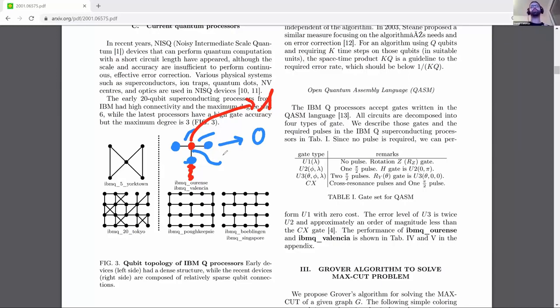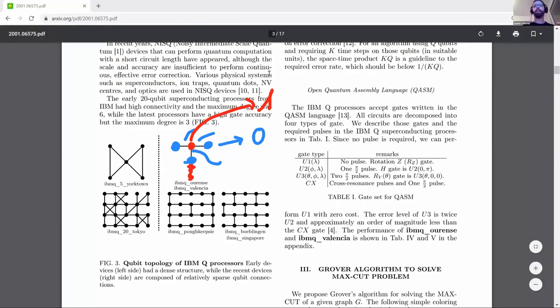The idea of Grover's algorithm is that you can actually try to solve such problems if you have a smart way to encode the problem into your Oracle function, right? And what this paper proposes here, and I'm really not going to dive into this more than that, is just to show you